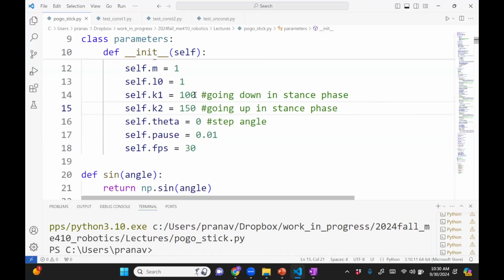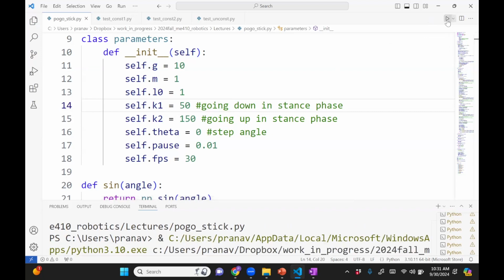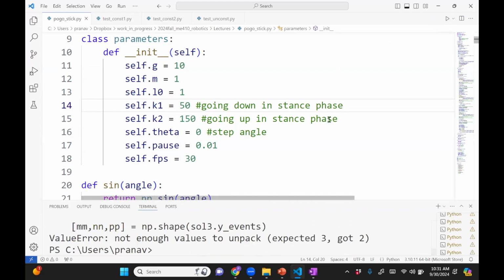Professor, if you lower K1 to 50, will that equalize it? It will not equalize, right? It's always going to pump more energy because K2 is greater than K1. I think at some point it just goes inside the ground, so this will fail. I don't know if I've written code to catch this, but this will fail. Yeah, it fails because if it's jumping from too high, the mass will go inside. But what you can do to fix it is make it 500,